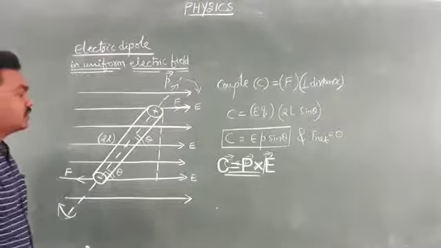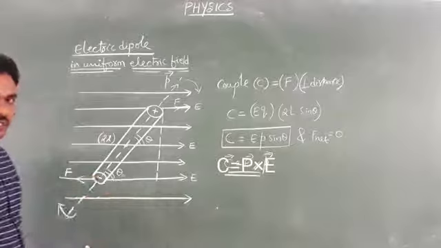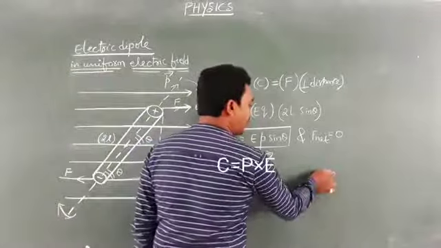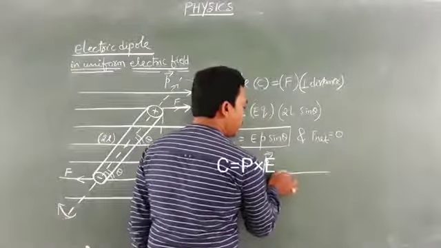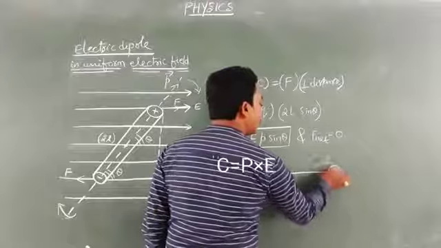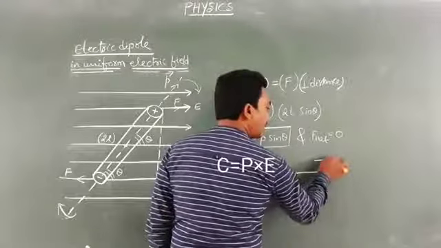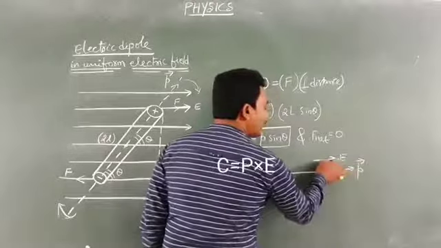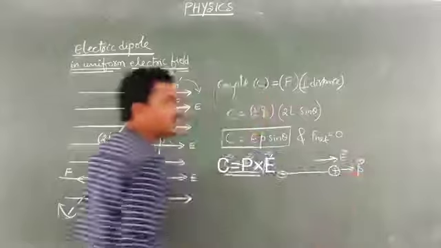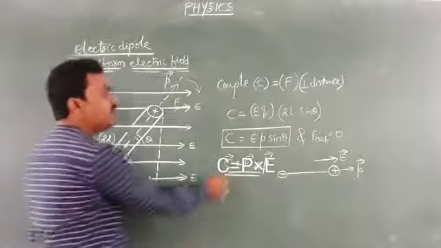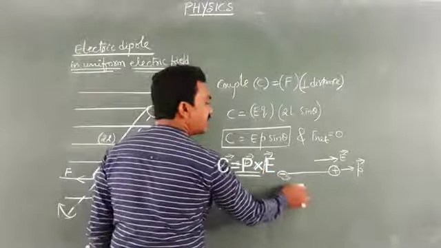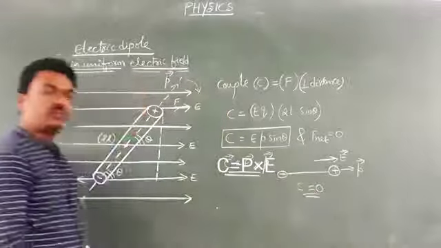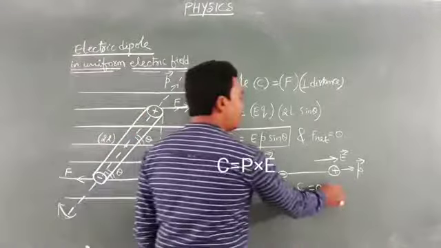Sir, because of the couple, as the electric dipole is rotating, if it comes parallel to the electric field, look at this. If your dipole comes in this way, parallel to the electric field, here is the direction of the electric field, here is the direction of the dipole moment. Means both electric field and the dipole moment vector are in the same direction. Means the angle between E bar and P bar is 0. Then in this particular situation, the couple experienced by the dipole will be 0. And already net force is 0.